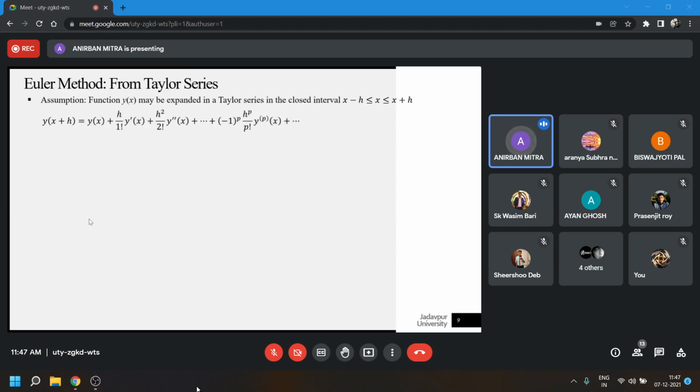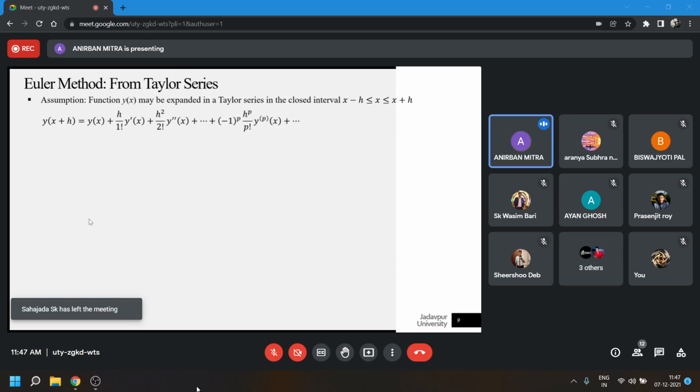If we do that, we can write y(x plus h) as equal to y(x) plus h by 1 factorial y dashed x plus h square by 2 factorial y double dashed x, like that going up to infinity. So the pth term, the general term, would be h to the power p by p factorial y^(p)(x),